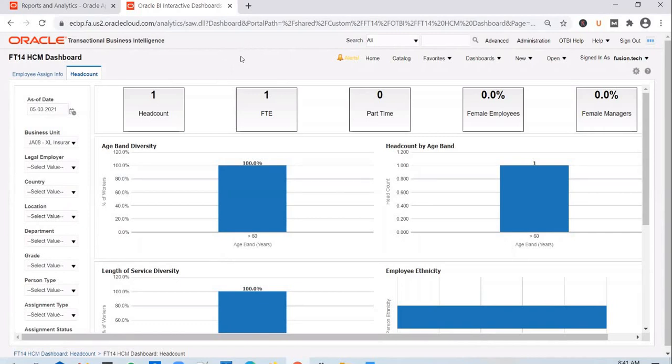It is used by the Line Manager dashboard and also the FP14 HCM dashboard. So yes, the content is copied over to the custom dashboard page, but they are still referring to the seeded report units or dashboard unit given by Oracle.